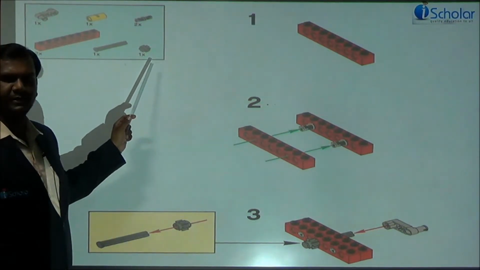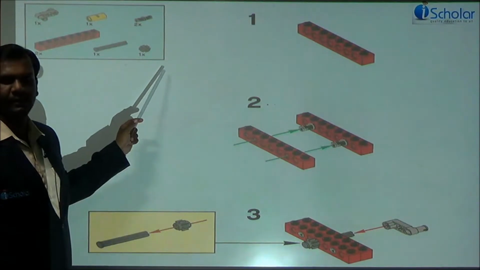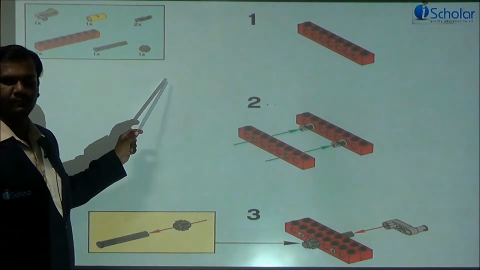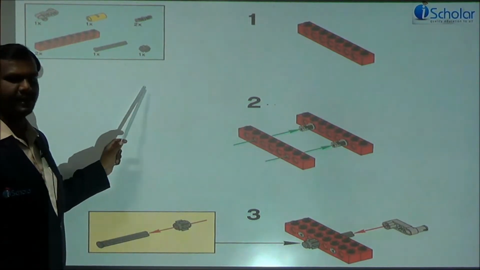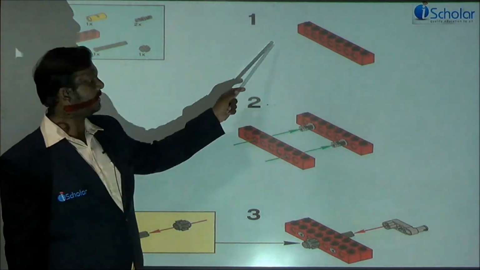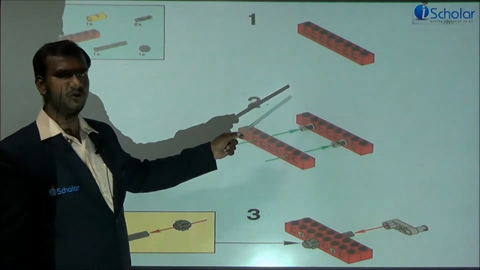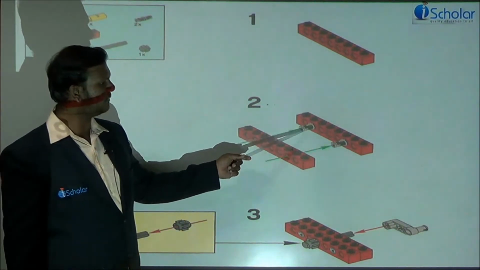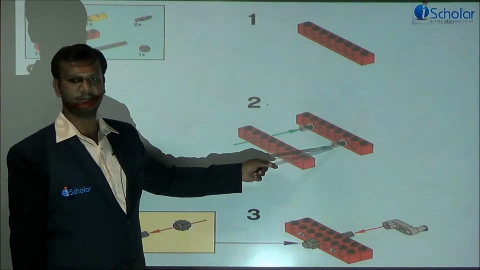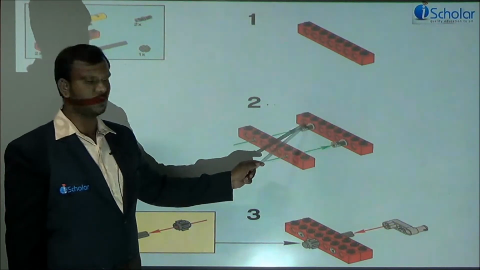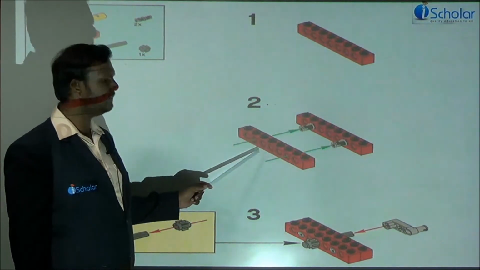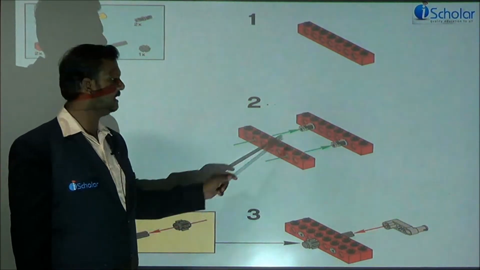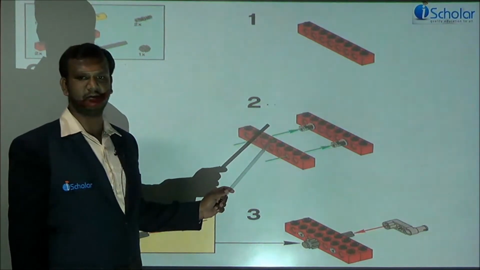Coordinators, please take care of the students to identify the components properly. Be beside them. Have you all taken them? Yes. Now take one red color block, the 8 dotted block as I have told you, and insert the connectors by leaving one hole from that side and one hole from this side. Place the connectors over here. Once this is done, simply attach the other red color block towards this, such that these two are in contact.